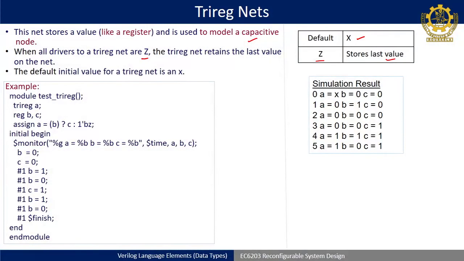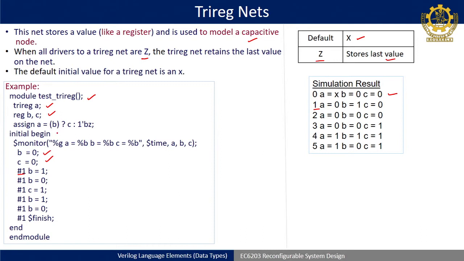So module test_trireg, it is part of a test, meaning we have not taken any input or output. We have defined internal signals or wires, say trireg A and registers B and C. So as registers B and C are there, they should have X, but in the $monitor case they have initialized B and C to 0 prior to 1 nanosecond. So here prior to 1 nanosecond B and C are becoming 0. So B and C is 0 indicates, so now A is becoming X, so that we will see.